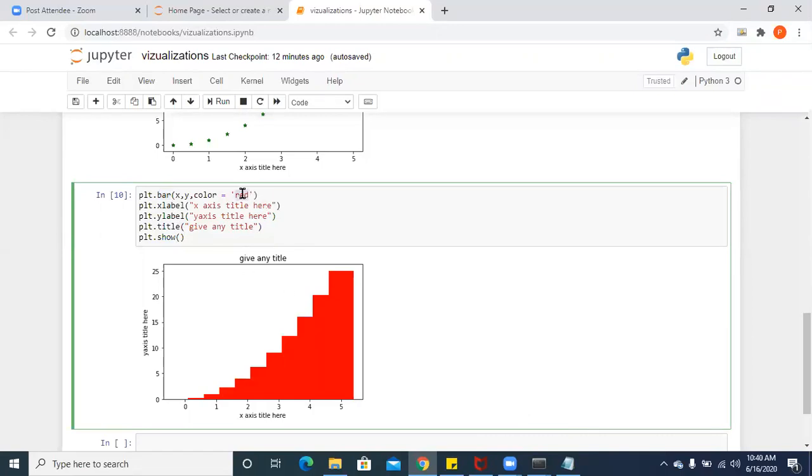In the place of this, Senthil, yeah, you can give your color codes. You can give your color codes as well. Not only just red, pink, orange, you can also give your color codes. Okay,